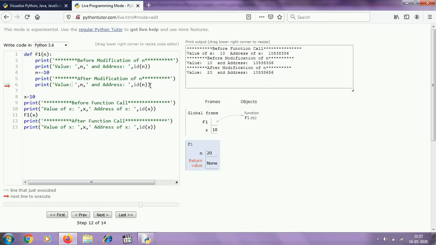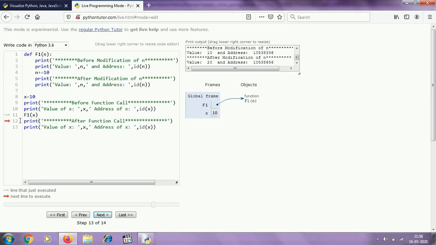So this is the last statement of the function f1. After execution of this statement, the execution will go just after the statement of the function call. That means the execution will go to line number 12, and you can see that here there is no existence of the variable n because n was a local variable.